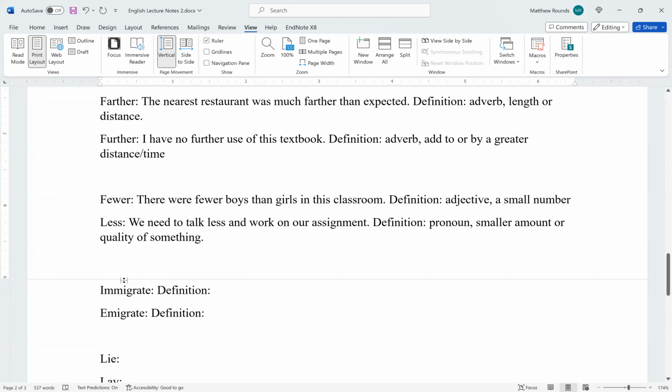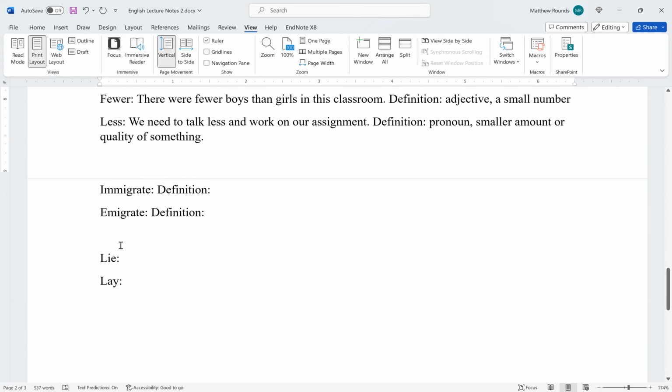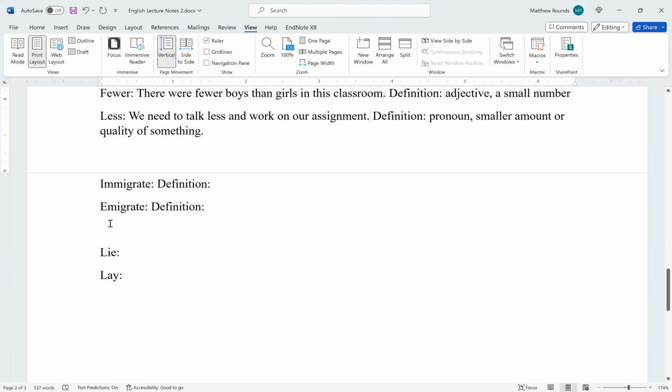So that's good. Okay, so the next one is immigrate and emigrate, and then lie and lay, and we're done. So we're almost there. Look up immigrate and emigrate. Immigrate and emigrate. Okay, I know immigrate is kind of